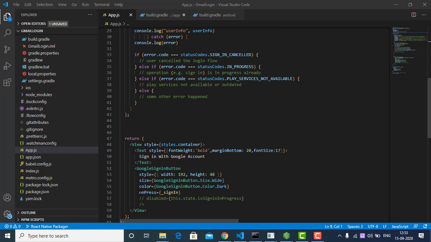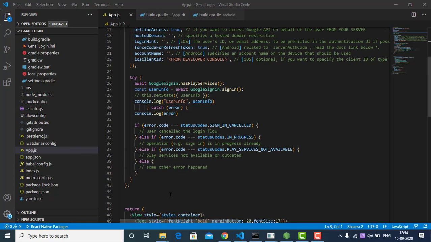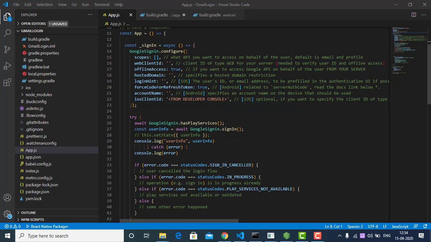And in onPress we have a function called signIn, and it's called from the default Google sign in button. And if you go to the signIn function, we're gonna see that there is a GoogleSignin.configure function, then a try catch.